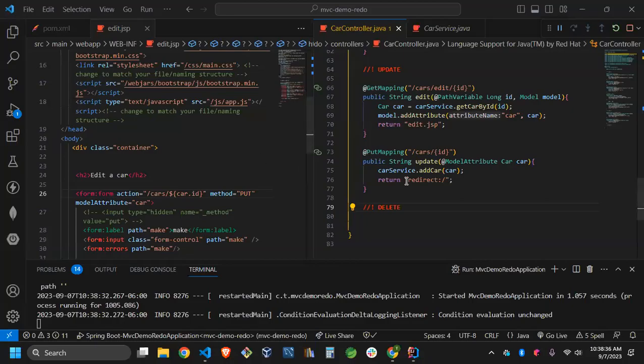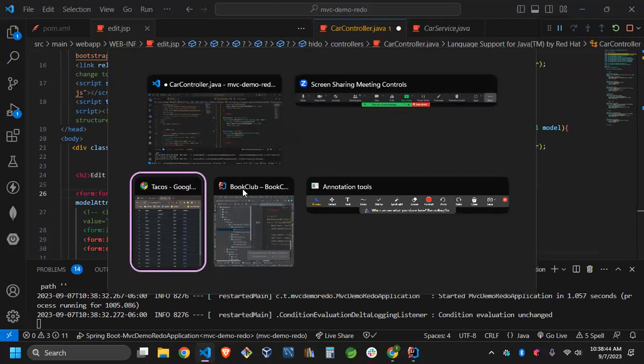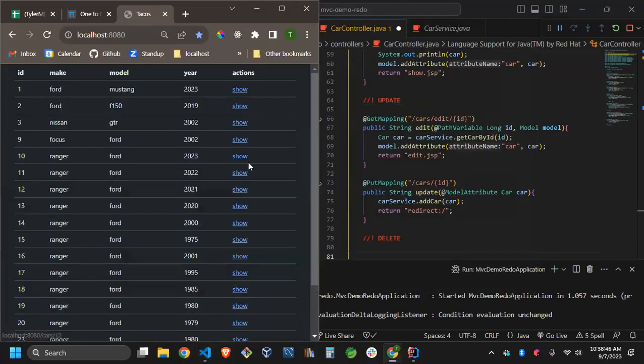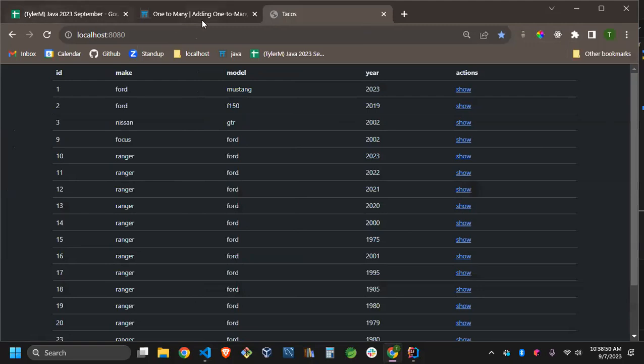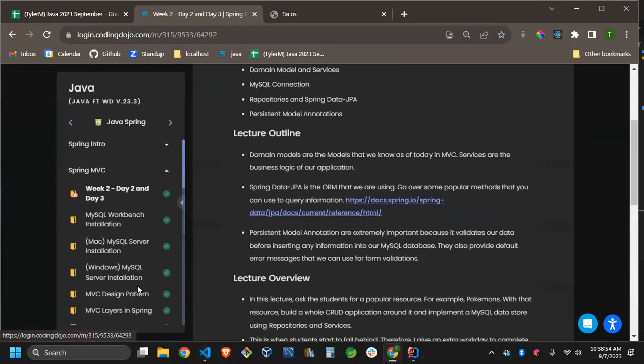Okay, so delete. What do I need to do to delete? So if I go to the platform, and I go to the delete section,